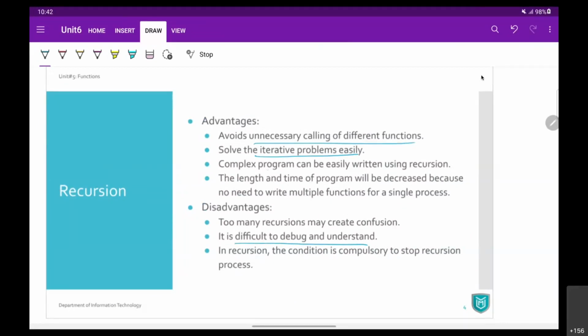Complex programs can easily be written using recursion. You'll come to know why in quicksort and merge sort, but it creates a little bit of confusion. The length and time of the program will be decreased because there is no need to write multiple functions. Make sure that the condition is compulsory to stop the recursion.